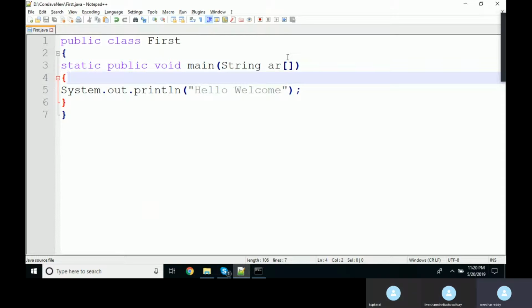Whatever number you pass, this will accept. Whatever type you pass, this will accept. That is the specialty of String args[]. Any doubt, sir? No. Very important thing. Remember this, okay? And next thing is,